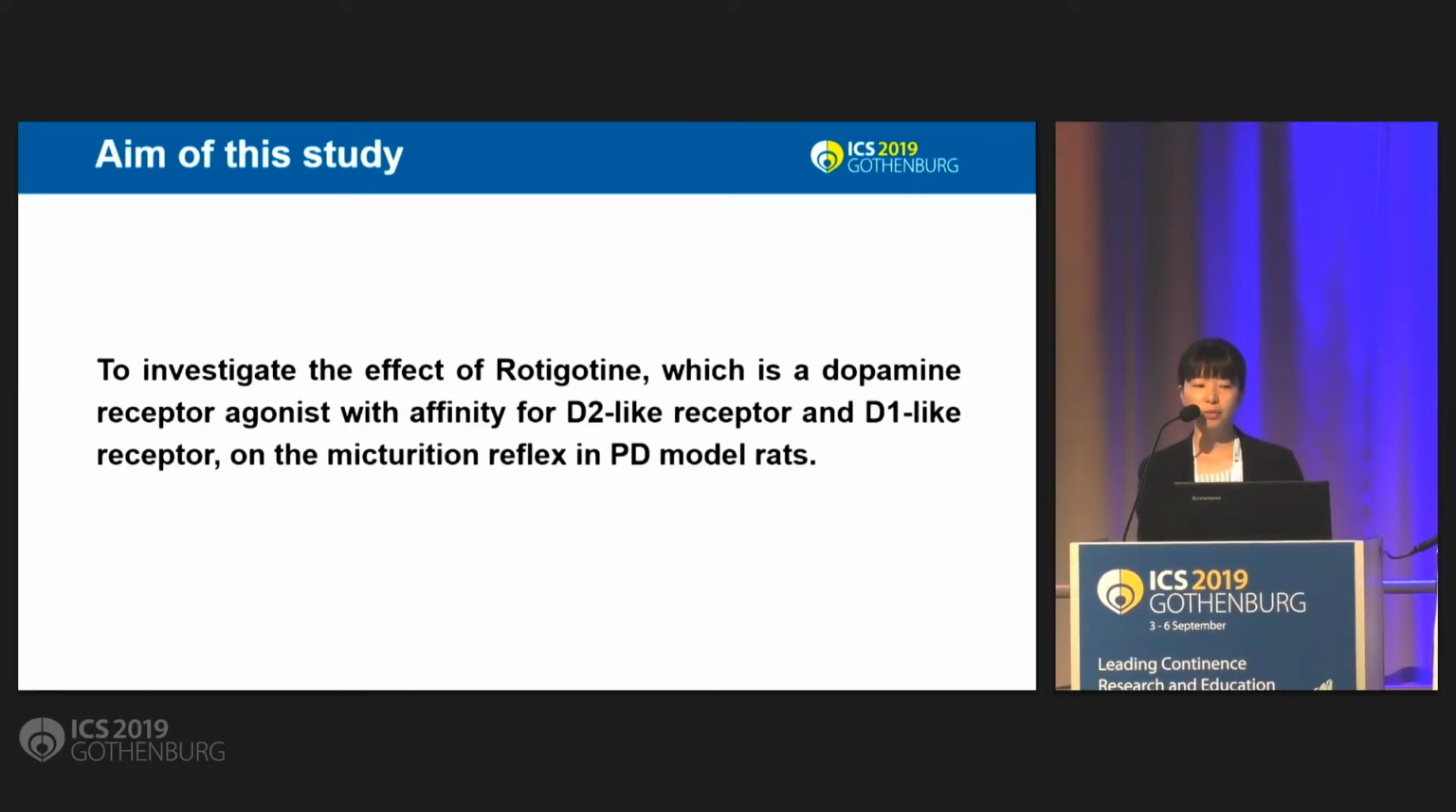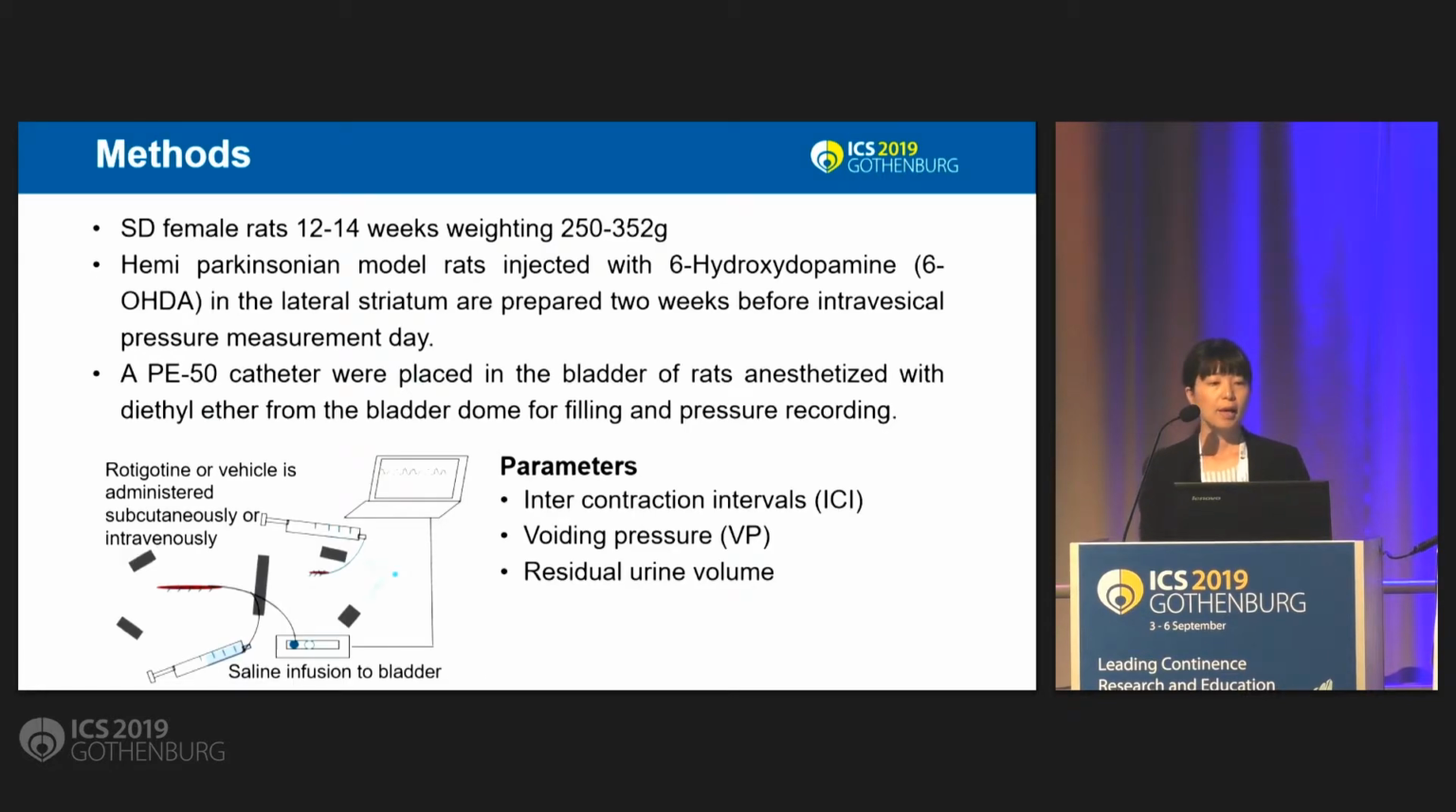The aim of this study was to investigate the effect of rotigotine, which is a dopamine receptor agonist with affinity for D2 and D1 receptors, on the micturition reflex in a PD rat model. We used SD female rats, 12 to 14 weeks old, and hemi-Parkinsonian model rats injected with 6-hydroxydopamine in the lateral striatum. We measured the following parameters: intercontraction intervals, ICI, voiding pressure, VP, and residual